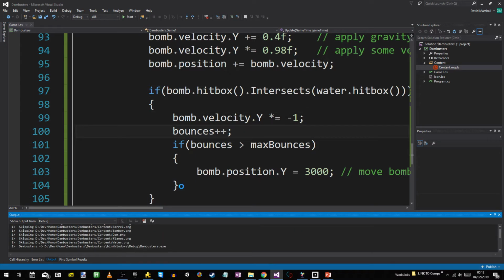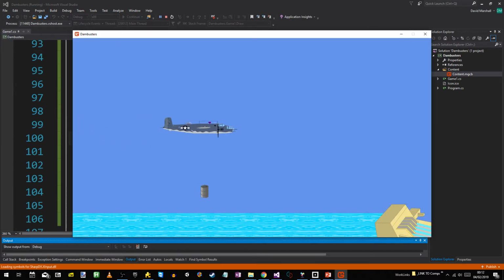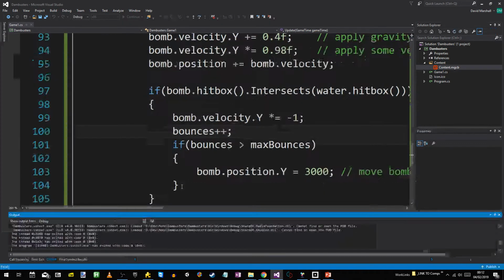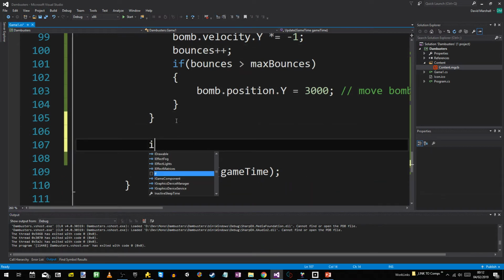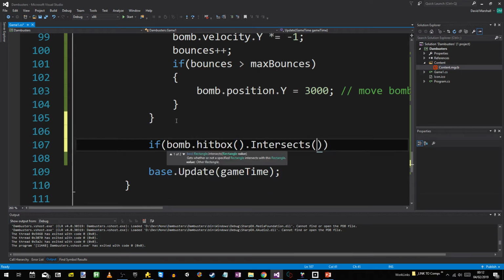Okay, let's see how that goes. Drop it, bounce, and on the second bounce it disappears. Can't fire another one until it's off screen, and there we go. Okay, and I think the last main bit then is collision with the dam. So if the bomb's hitbox intersects with the dam's hitbox,